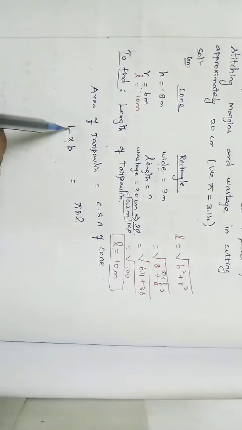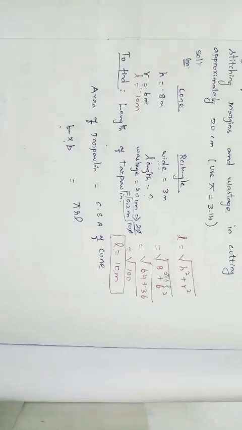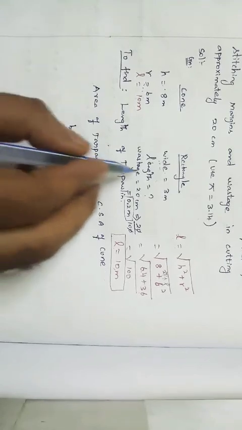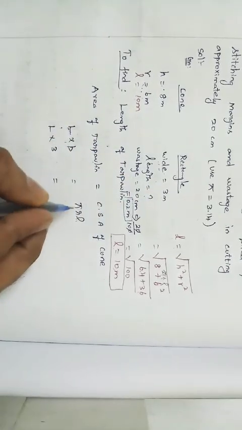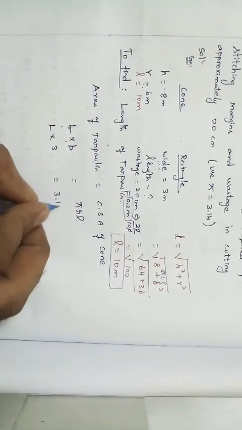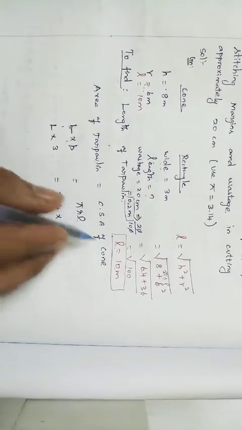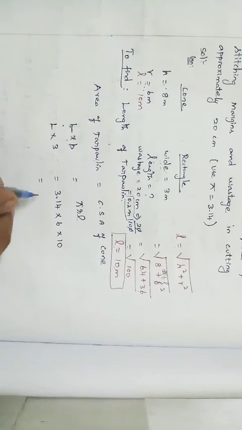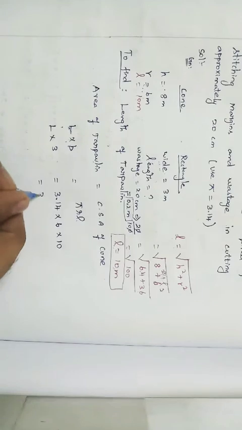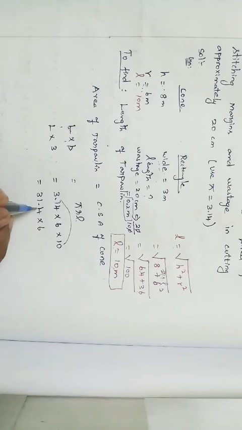After finding the length of the tarpaulin, you just add 0.2 meter, then we'll get the total length of the tarpaulin, right? So, substitute. What is the breadth of the rectangle? 3 meter. 3 is equal to pi value. They ask you to substitute pi is equal to 3.14. So 3.14 into radius. What is the radius? 6 meter. Into 6 into L, where L is equal to 10. Just multiply 3.14 into 10, 31.4 into 6.